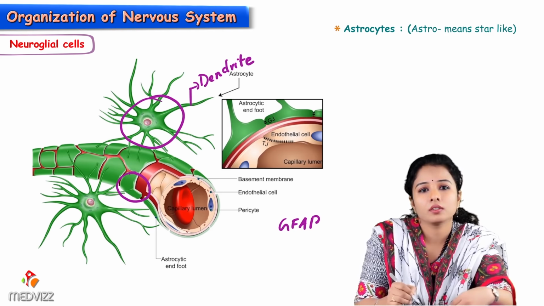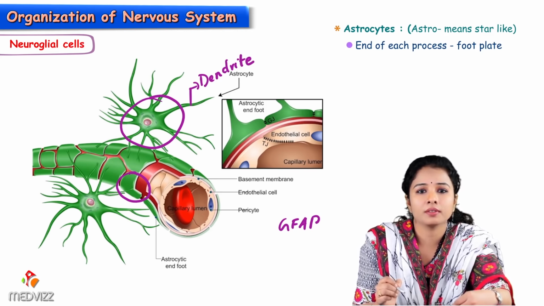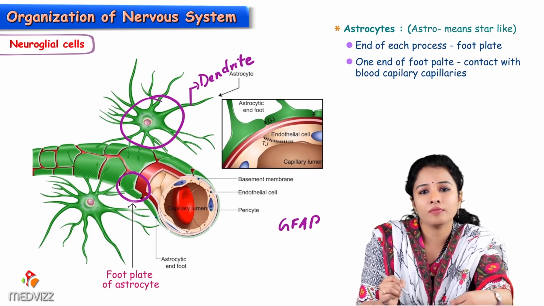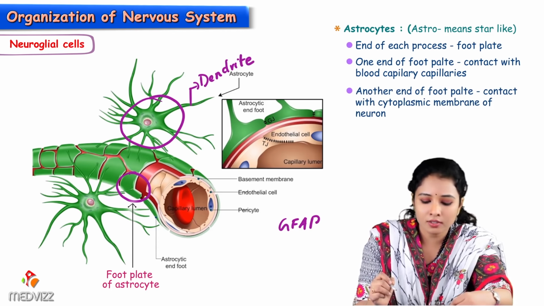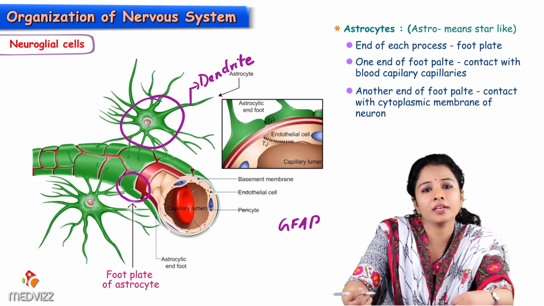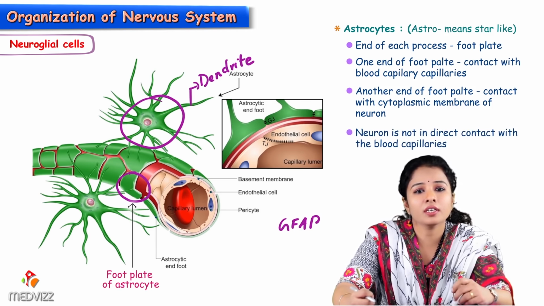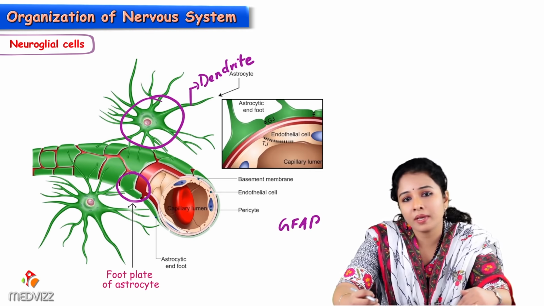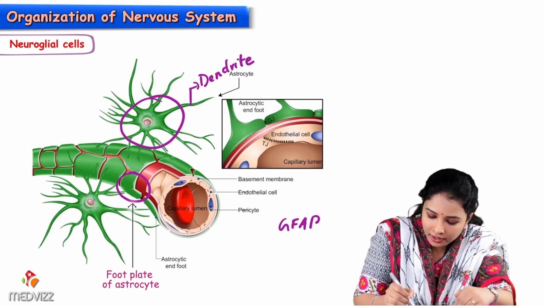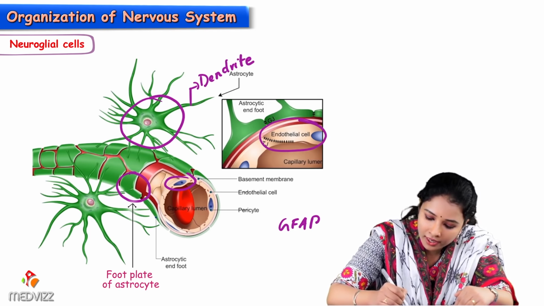The end of the astrocyte is like a small swelling which is like a foot. So, it is called a foot plate at one end, in contact with the capillary. The other end also forms a foot plate where it is in contact with the cytoplasmic membrane of the neuron. Thus, the neuron is not in direct contact with the blood capillaries. Here we can see the capillary wall, the endothelial lining, which is enlarged and shown here, and we can see beautifully the foot plates of